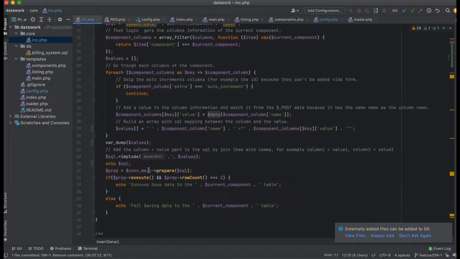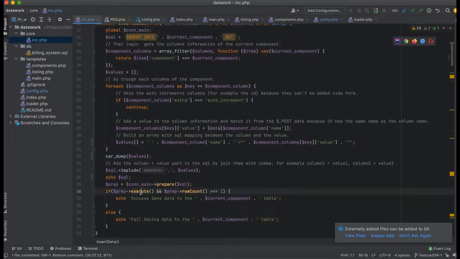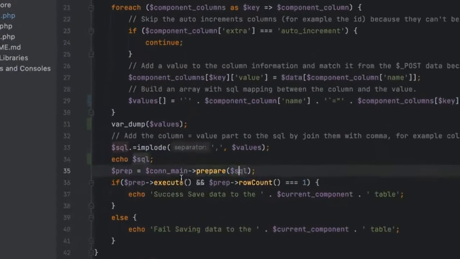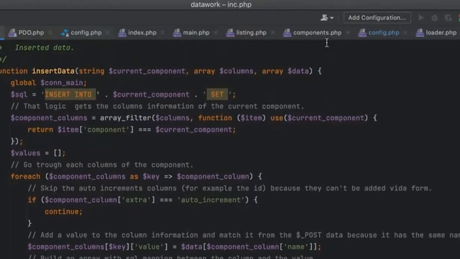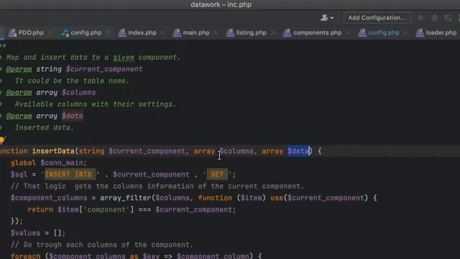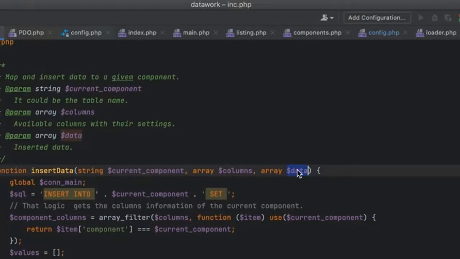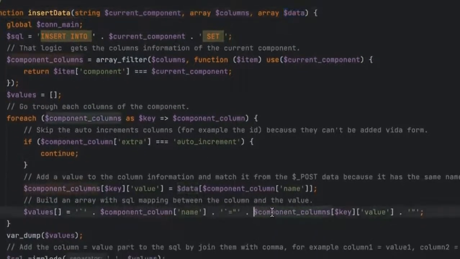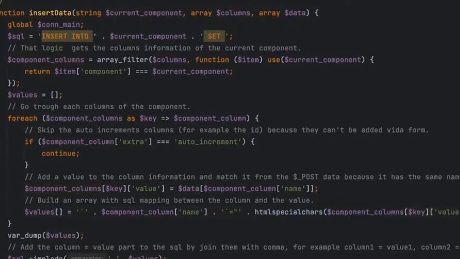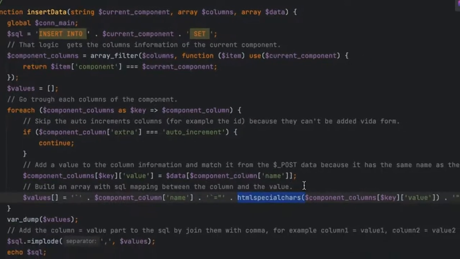One of the main benefits is that PDO provides this separation of the SQL and the execute of the SQL, and the execute of the SQL includes also the binding parameters. As it's here in the insert data, the data here comes from the post, and actually the end user has control on this data. Before that, here we had this HTML special chars applied to the value, which is good, but